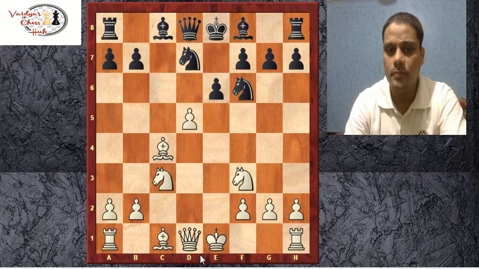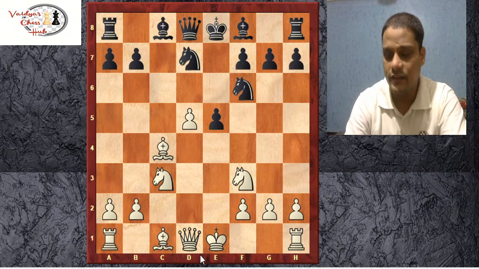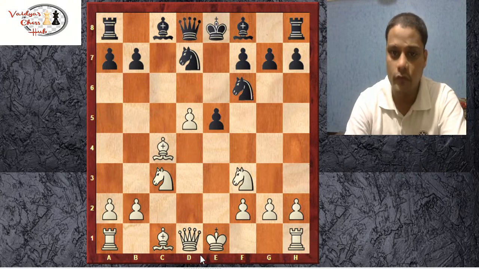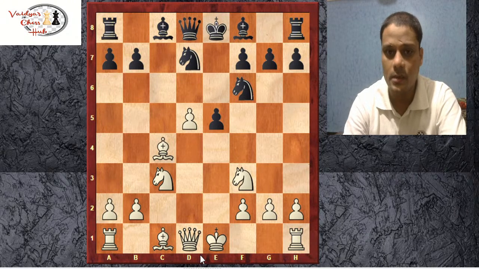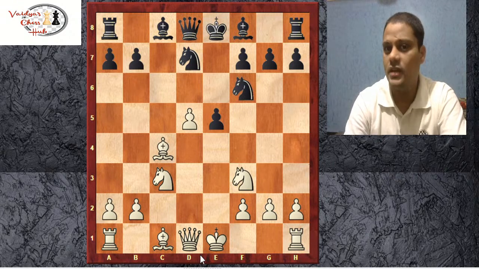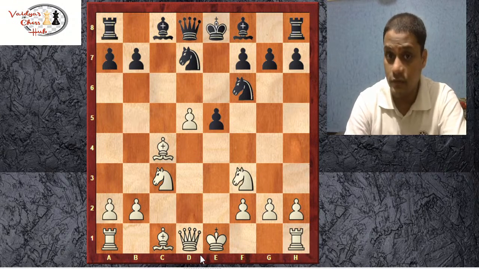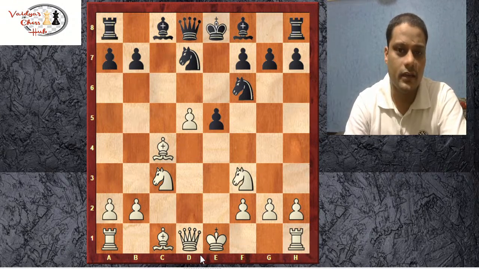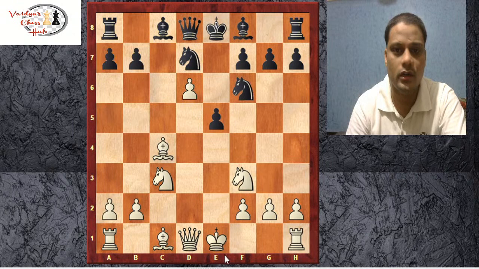So what did black do? Black denied the exchange and went for e5 himself. Probably wants to push e4. The pawn will be protected by the knight. It is here that the game becomes interesting. Very interesting, in fact. Now what white did here was push this pawn one more time, and I think now this pawn is really